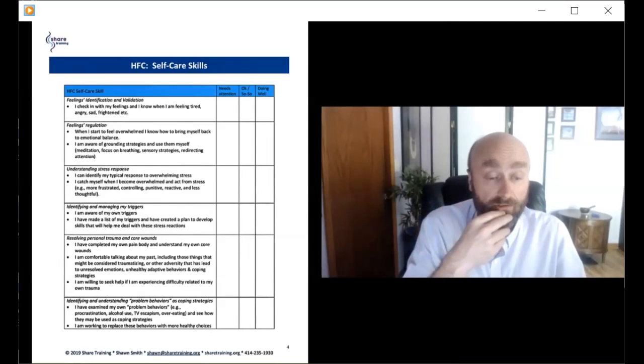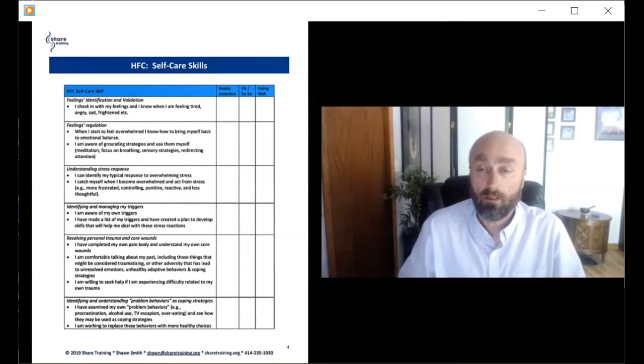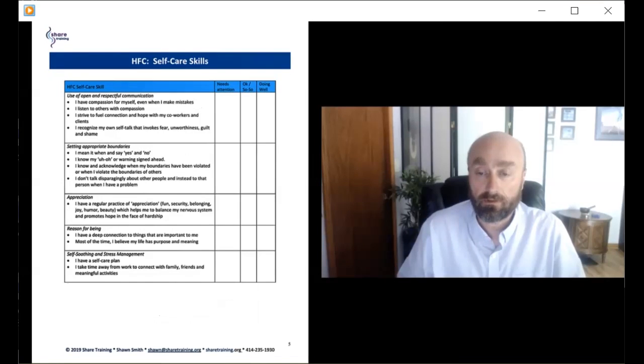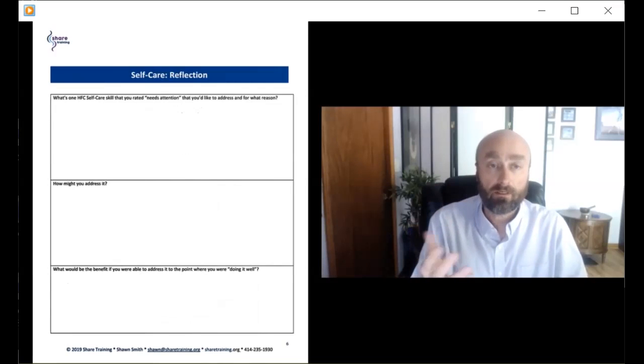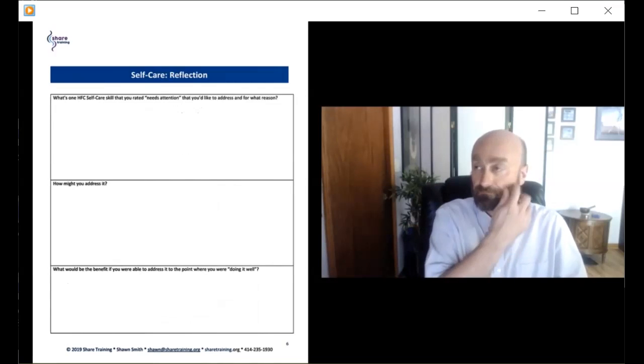We have some additional optional homework to guide them through the process of identifying something that works for them. And so on page 4 and 5 is a little self-care assessment. And then what you do is you take your findings from your little self-care assessment onto page 6 and pick out one that you want to start to practice, to make a little bit of a plan about it.